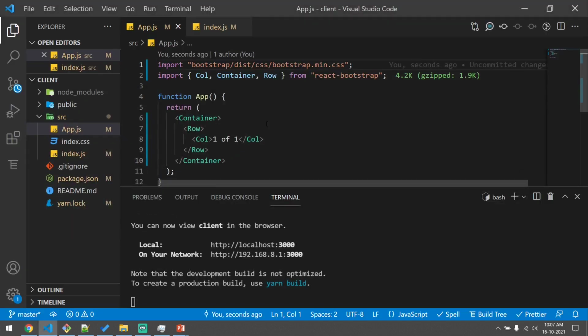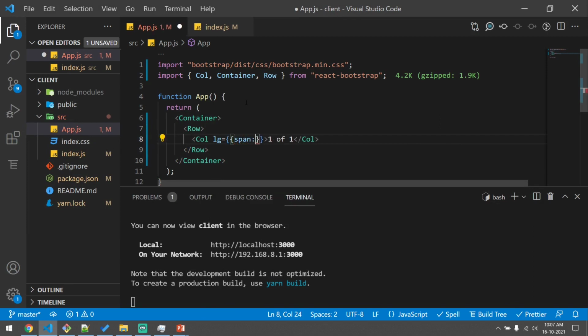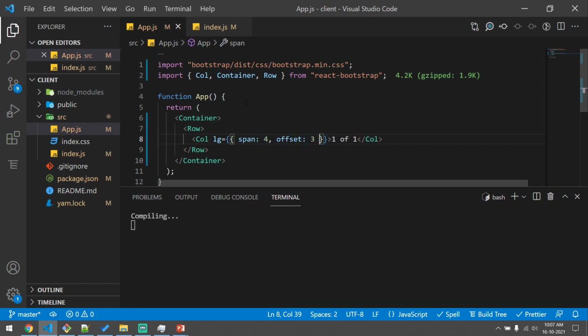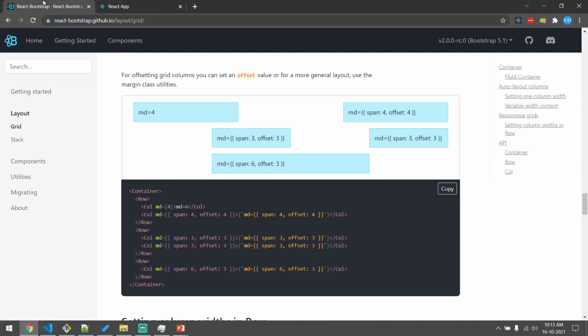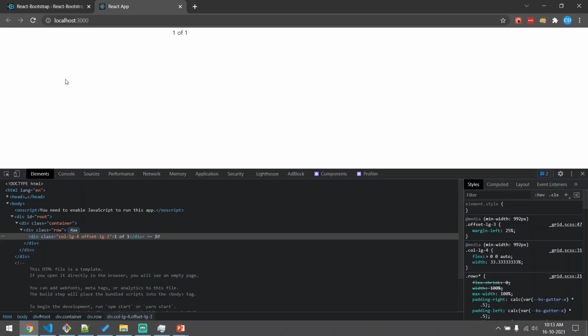We want the content to be center aligned, so let me just add some styles there. What I'll do is, for this column, on a larger screen, I'll keep a span of 4 and an offset of 3. I'll just explain what this does. In Bootstrap, each page is divided into 12 columns.